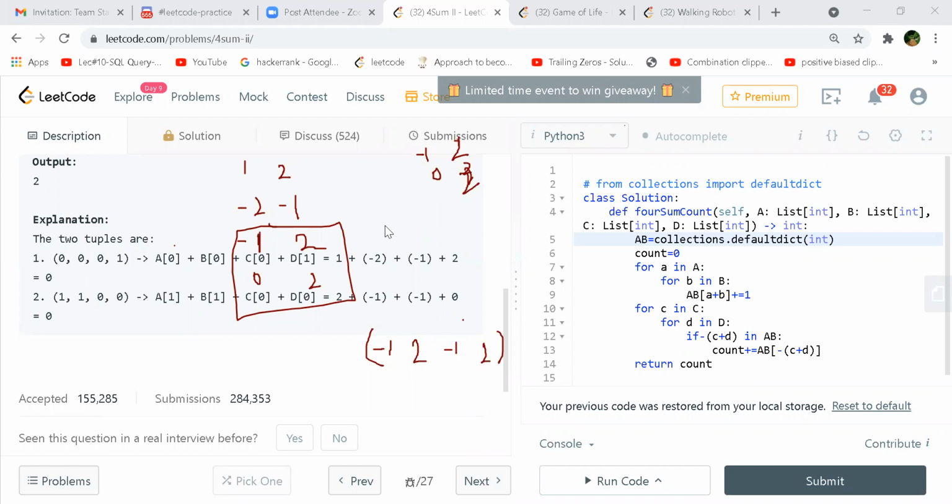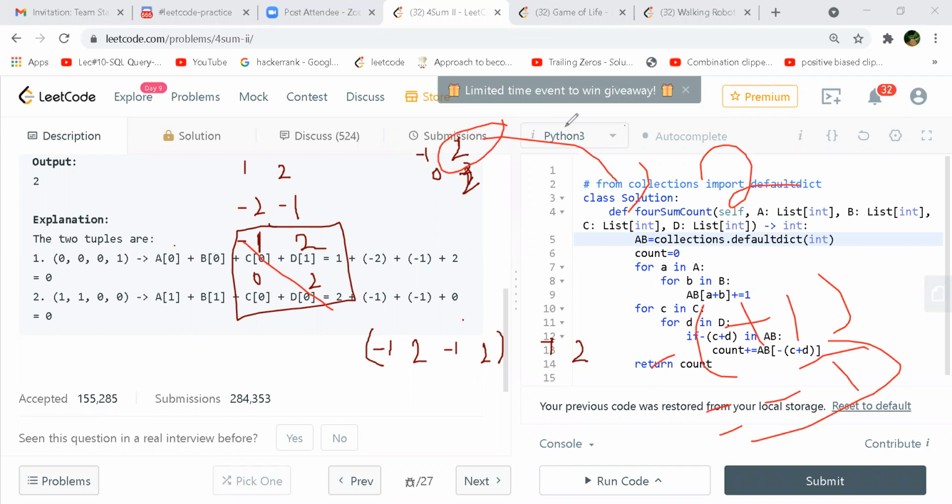No. Why do we have only one tuple? -1, 0, which is -1, we don't have a complement, so we'll skip this. Then -1, 2, which is 1, we have a complement, so we'll take 2. So only for this combination we are taking this count of 2. -1 plus 2, the result will be +1, right? I mean diagonal, I'm saying. Yeah, but all the other combinations will be skipped, right? You go to the map and take the value. Yeah, so 2 will be the answer, right? Just one combination of this.